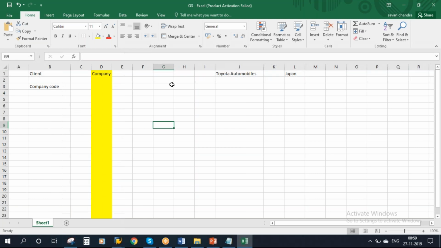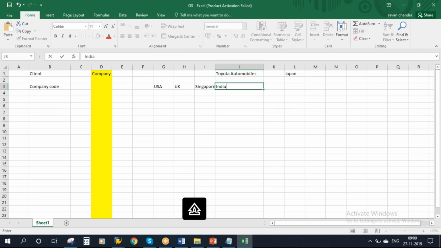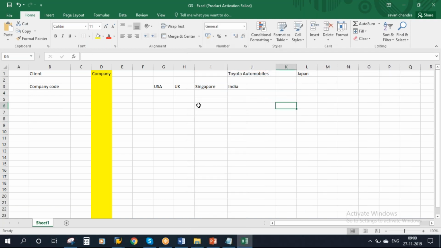Let's take some countries for example. Let me take USA, and let's take UK, and let's take Singapore, and of course India. So let's take these 4 countries for our discussion.